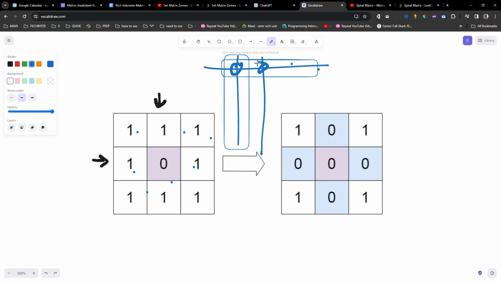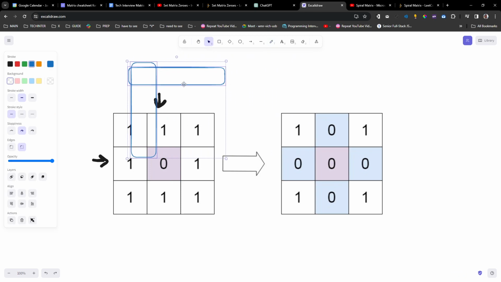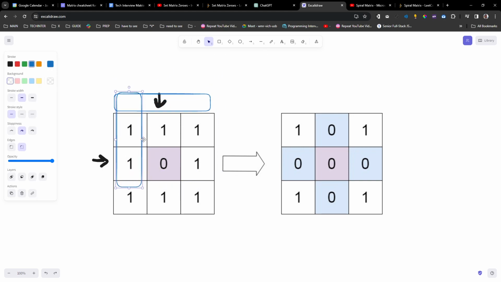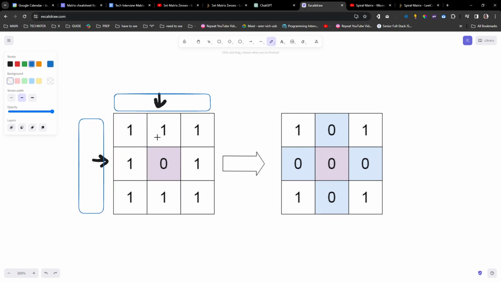Let's put it here, like this. I found 0 here, so I go here and put 0, and this 0. I found 0 here, I go here and put 0, and here 0. Then I'm going to loop through this one, this array too, and if I find 0 here, I'm going to make all this 0. I find 0 here, I'm going to make all this 0. Okay, so far this is what's